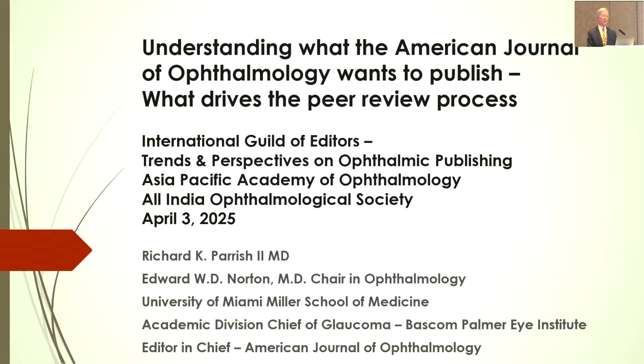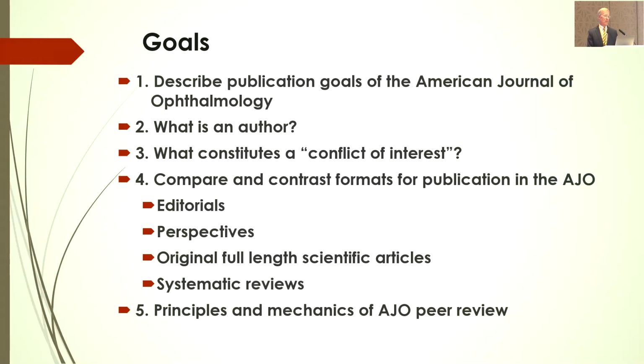My focus will be developing an understanding of what the American Journal of Ophthalmology wants to publish and what drives the peer review process. These are the goals: to describe the publication goals of the American Journal of Ophthalmology, to tell you what being an author means, not to me, but to the International Council of Medical Journal Editors. I would like to describe an issue that is important in all peer-reviewed publications, and that is defining what is a conflict of interest. I will then compare and contrast the various formats for publication in the AJO. They include editorials, perspectives, original full-length scientific articles, and systematic reviews,